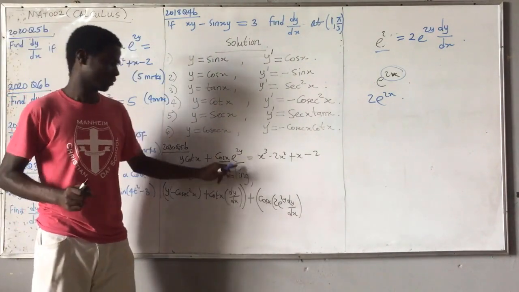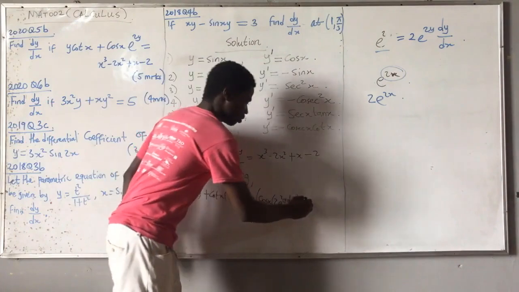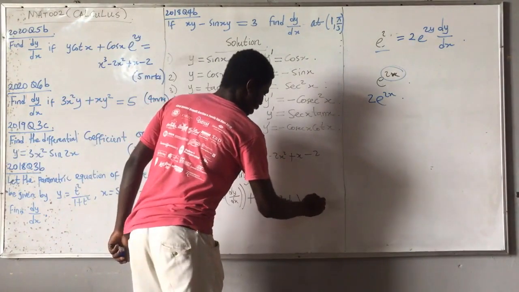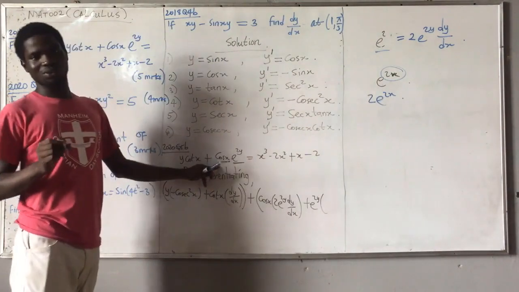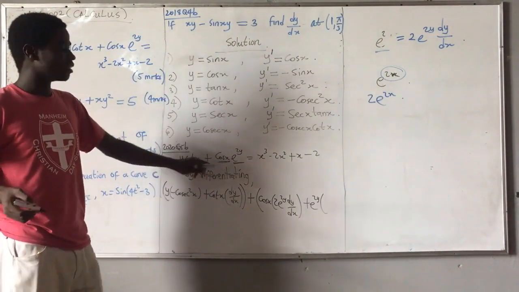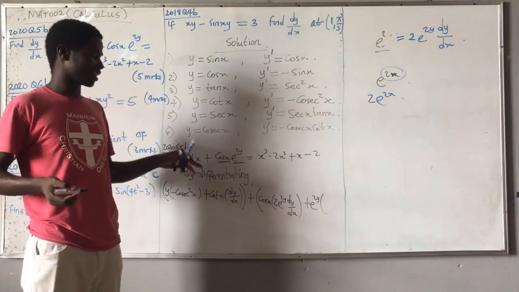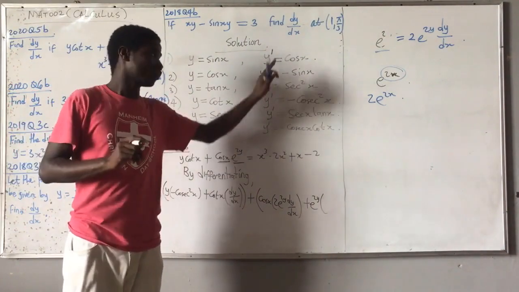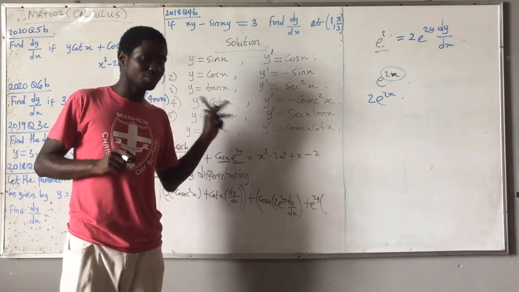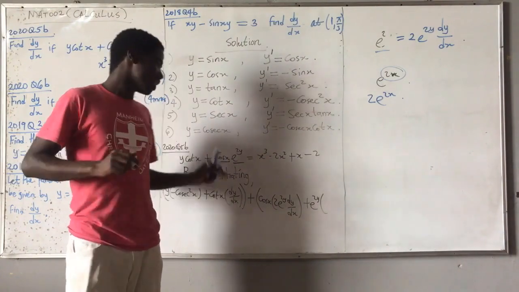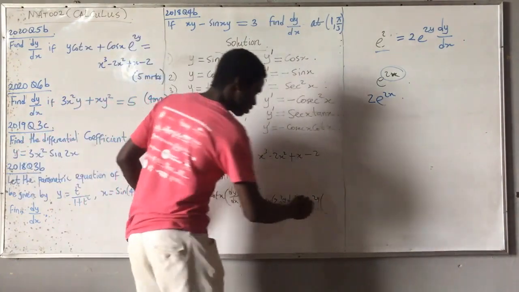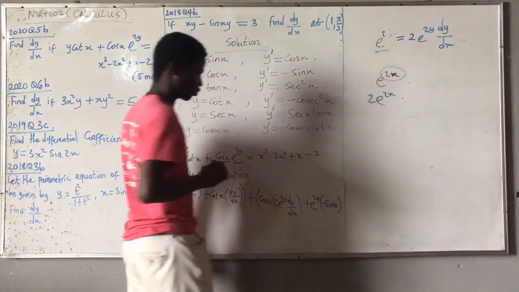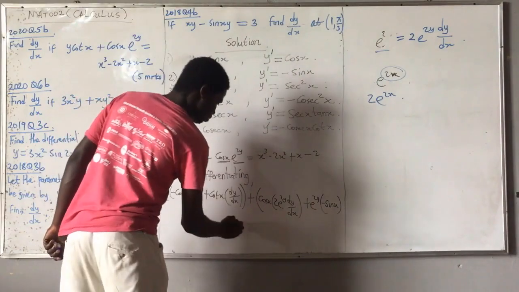Take the first one, differentiate the second one. This is the answer. Plus, take the second one now, e raised to power 2y, differentiate the first one. The first one is cos. Differentiate cos s. The answer is minus sine. I don't want you to be looking at this again, but if you don't know it, please memorize it. Memorize it. It is important. The answer is minus sine s. That's what you are going to have. Is equal to,